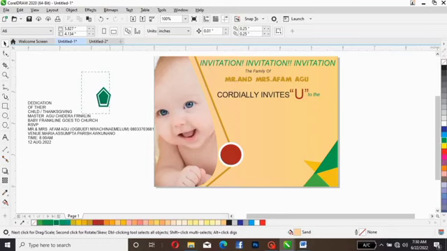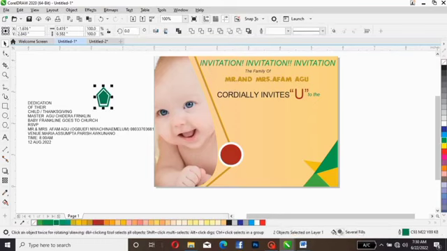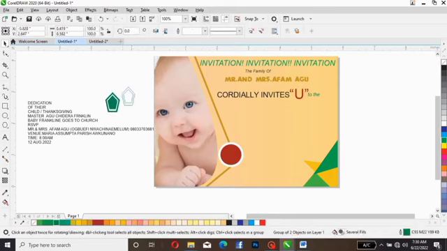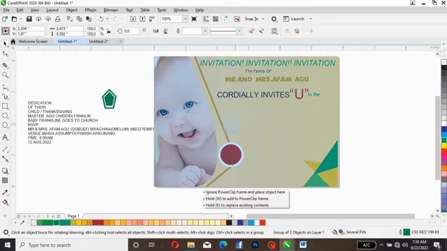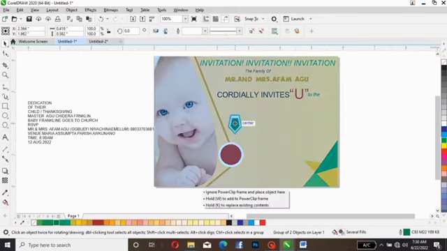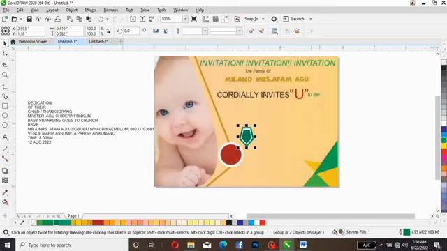So we have to select all of them together and group them by going over here. You can see where they write group object, then click on it. You can see 2 of them is now together, they're made together. So let's bring it over here and change the mirror to this. Okay, let's put it this way. Okay,